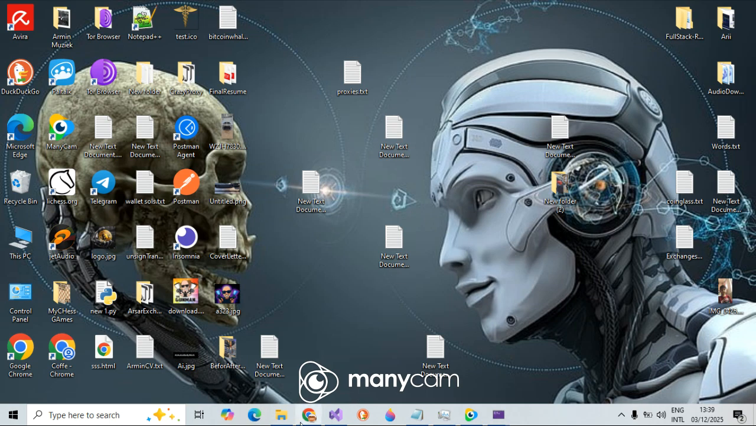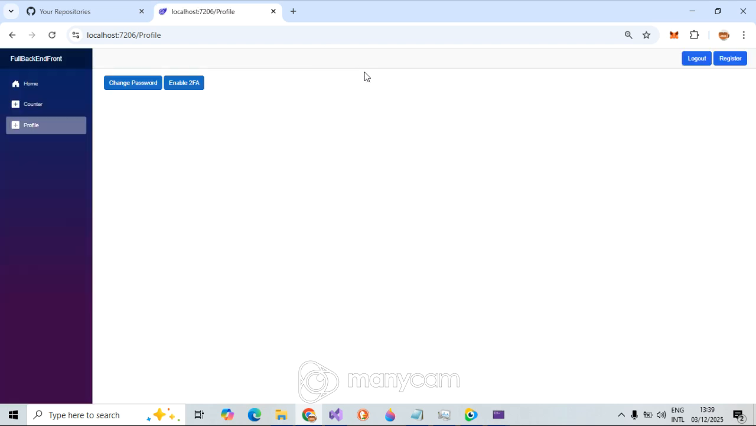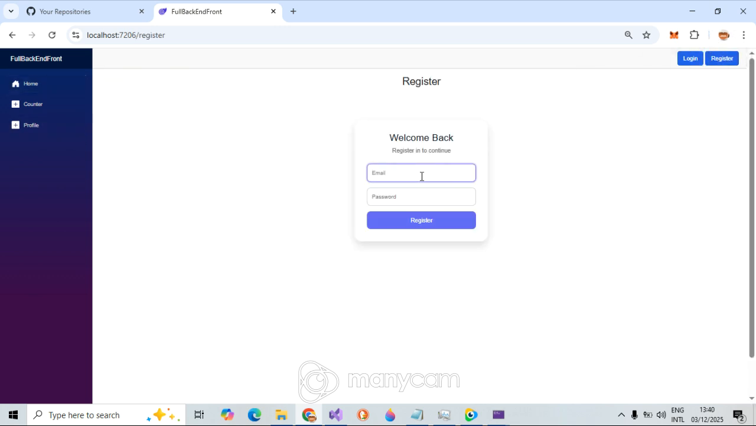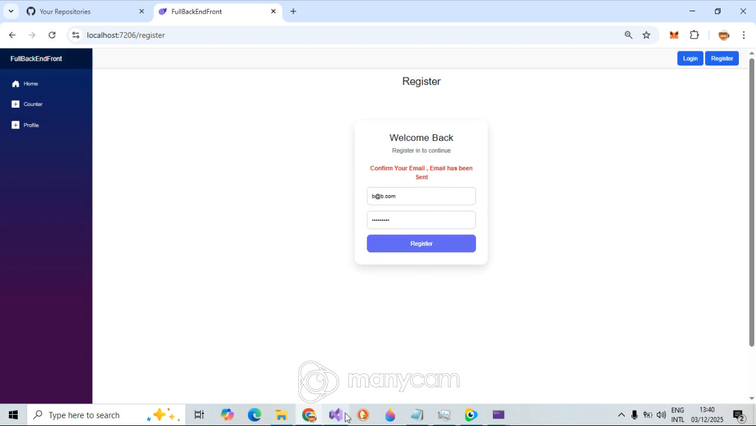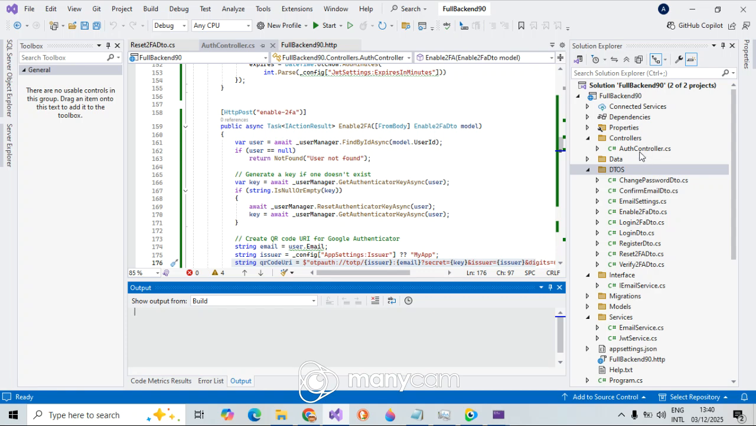Let me run this app and let's check what I mean by two-factor authentication. Let me log out here. Let me register a new user, b@b.com, and I choose a password here, register, and wait for it. It says confirm email has been sent. Email is not sent actually, but here